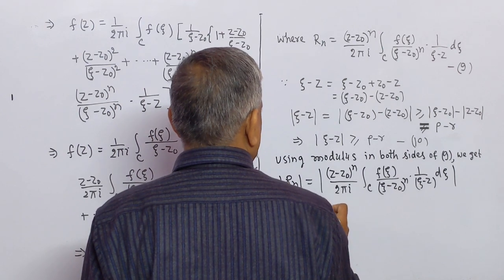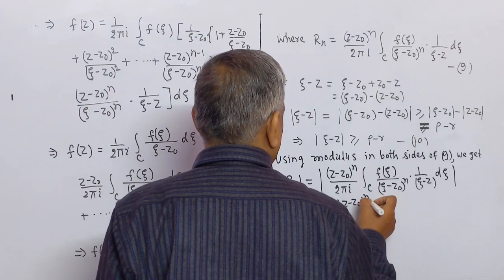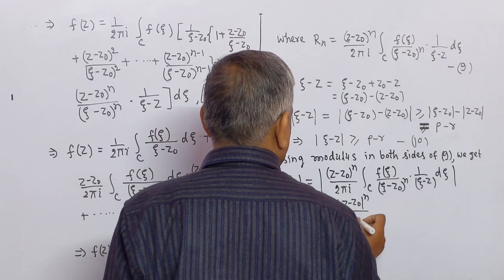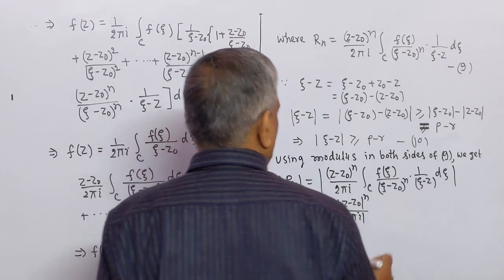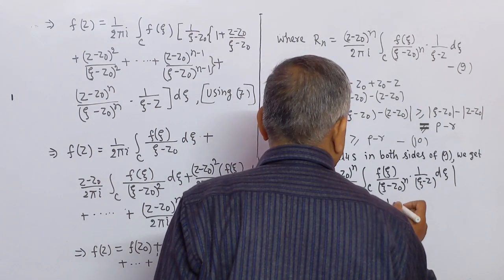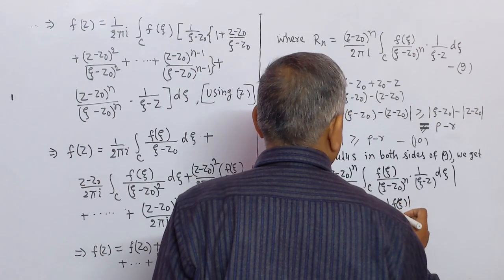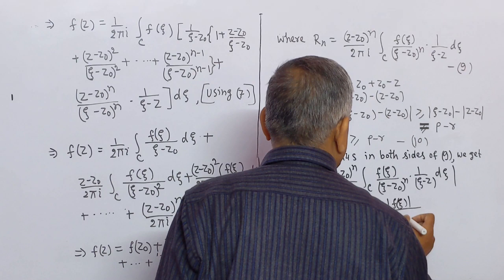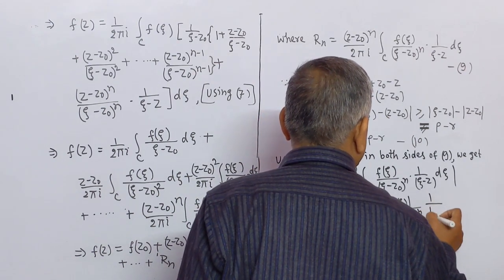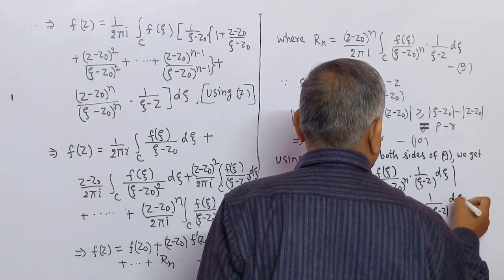This is less than or equal to the modulus of (z − z₀)ⁿ, modulus of 2πi, integration along the circle C of the modulus of f(ξ), by the modulus of (ξ − z₀)ⁿ, 1 by the modulus of ξ − z, modulus of dξ,